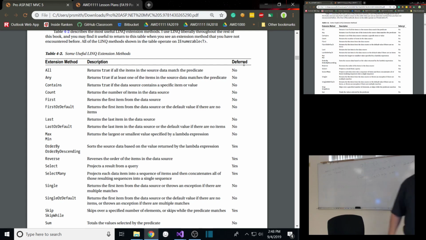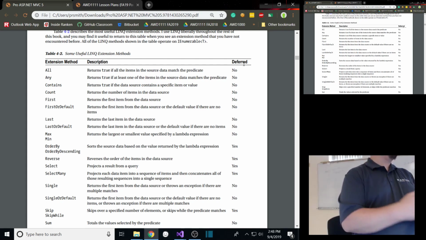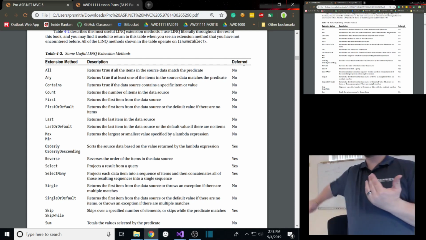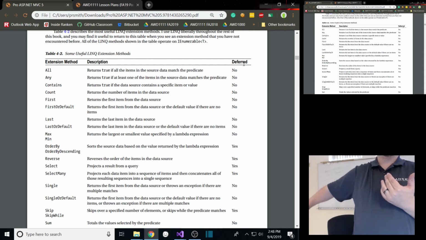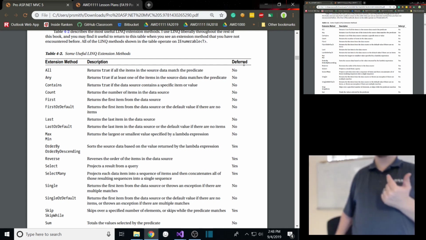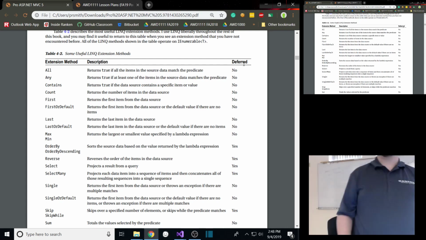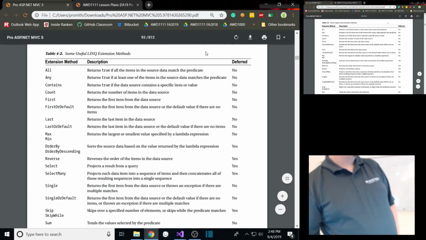Okay? Now, what does that mean for us? That means we want to call the deferred ones as late as possible, so we have the least possible data that we're working with, and so that most of this work can happen in the database on another computer rather than on our actual website. So the ones that are not deferred,